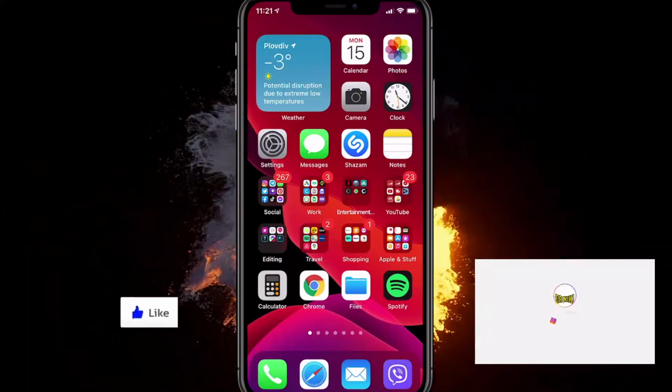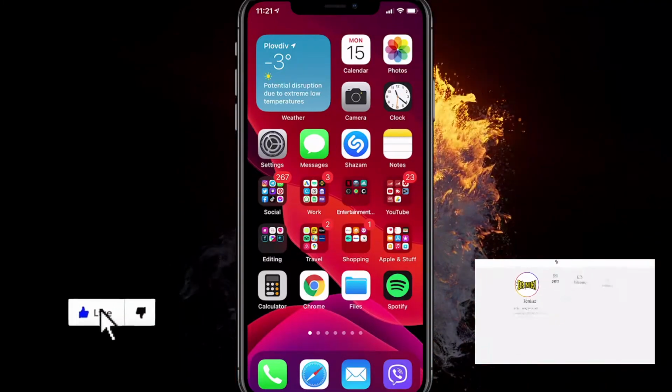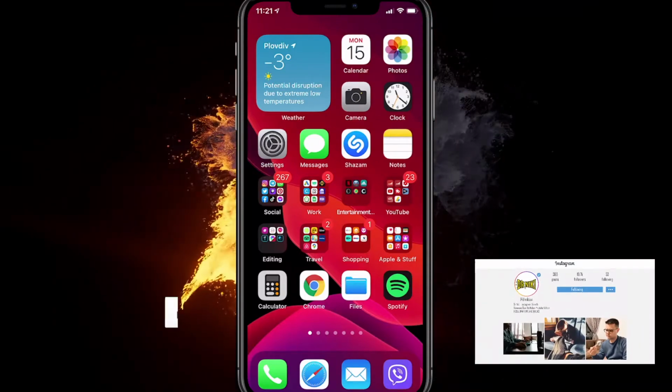Hey, in this video, I'll show you how to turn off headphones safety notifications on iPhone, on any iPhone for